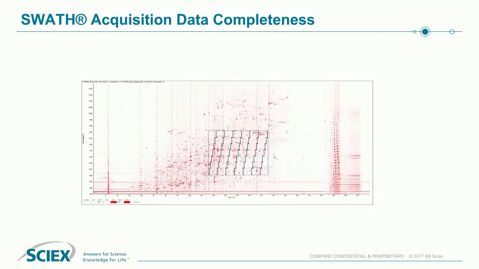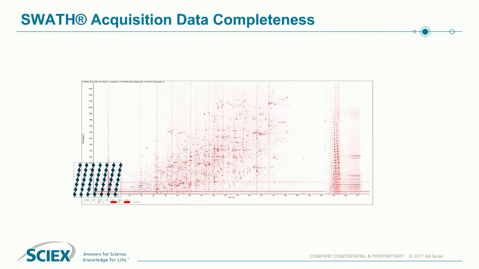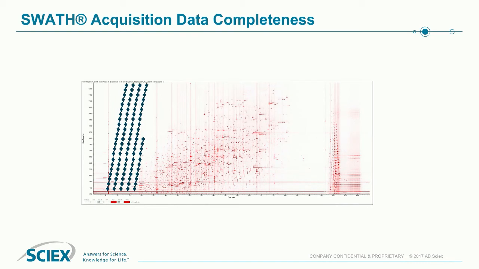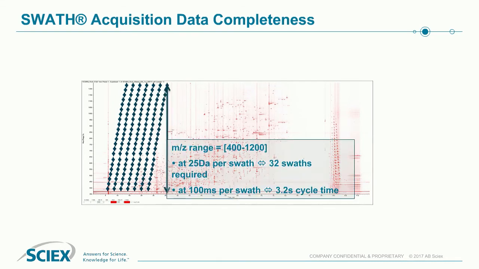What we do know is, as we do this across the mass range, and you can see in this brief animation here, the actual process of the SWATH, we cover the whole mass range, fragmenting all of the precursors which are within those windows, using either fixed windows, which is displayed here at 25 Dalton widths to cover the whole 400 to 1200 mass range, or with variable windows, which allow us to focus much narrower windows to improve selectivity around specific masses of interest or mass ranges of interest.